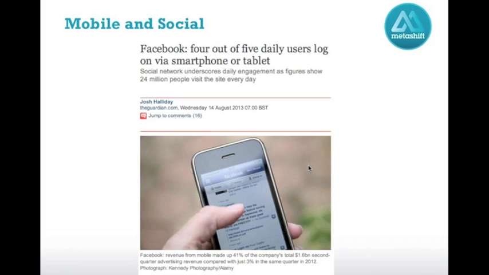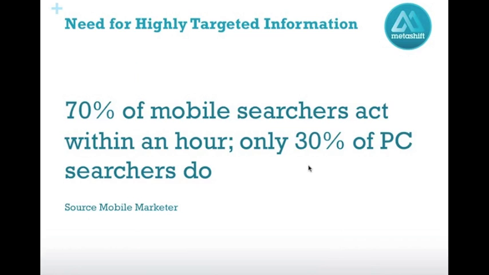So the implication is, if you're spending time and money putting together a social recruiting strategy and you don't have a mobile strategy to back it up, you don't have landing pages or microsites or a mobile enabled career site, then effectively you're probably wasting your time and wasting your money. And more on that a little bit later, because I've got a little bit of case study that explains that a bit more.